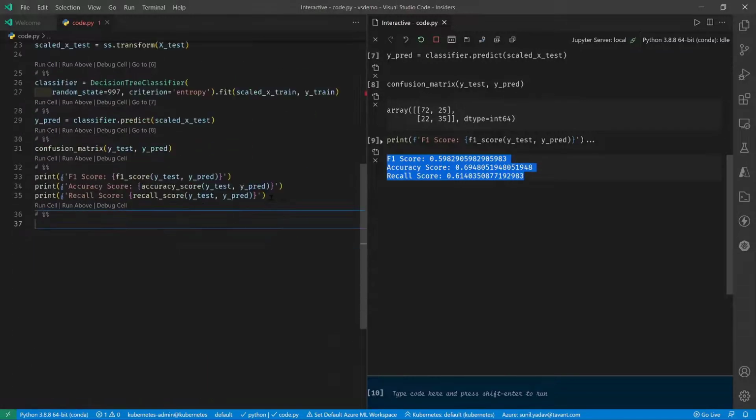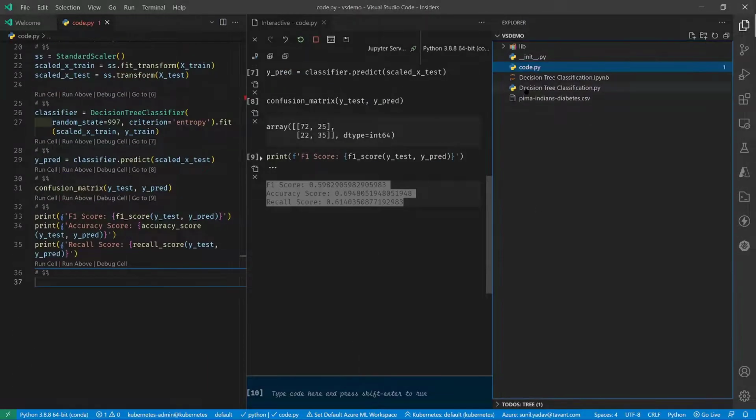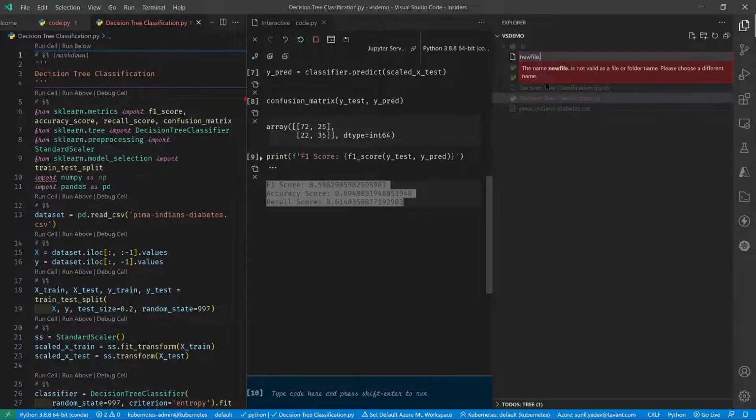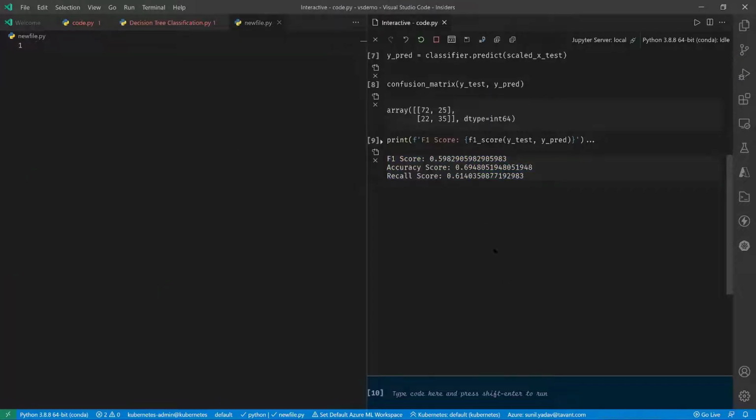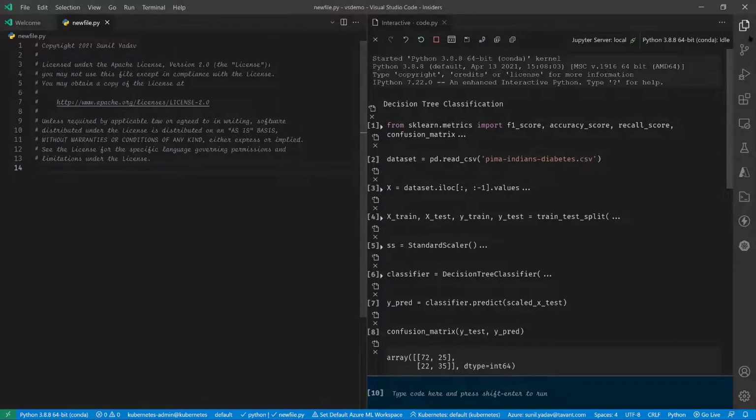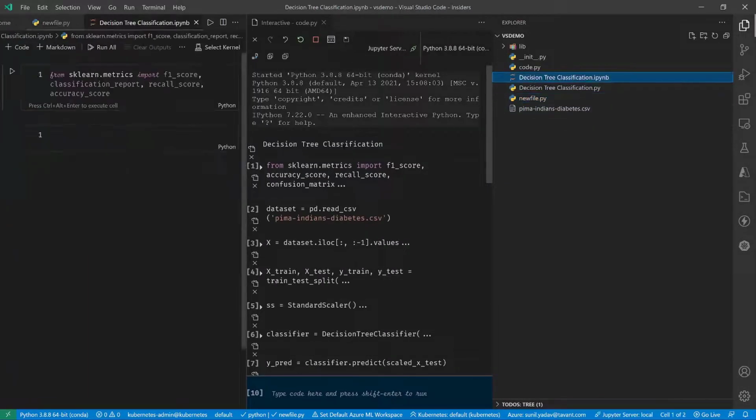The important thing is that, let me create a new file. The new file, okay, new file .py. Here you saw that we were running decision tree classification py. Say you had a notebook.